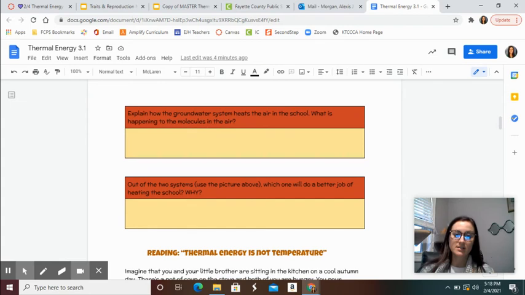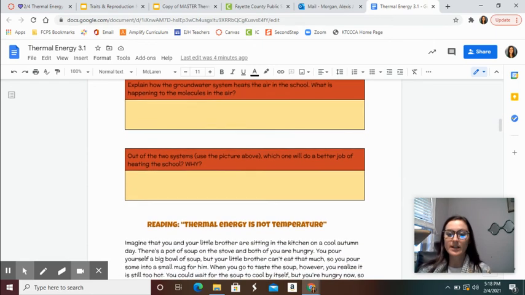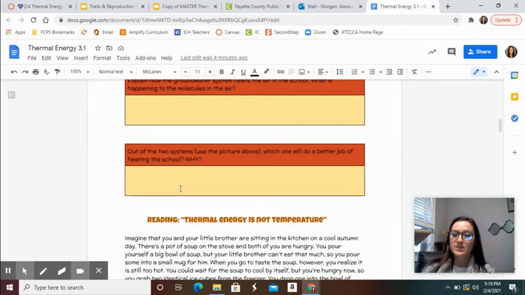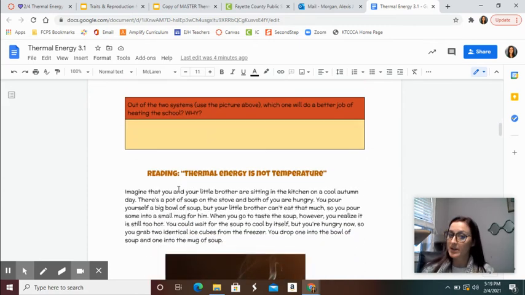There are 2 questions. I want you to explain how the groundwater system is going to heat that air. What is happening to our molecules in the air? And I kind of already gave this away. And then, what is your opinion right now? We've done some more learning. So what's your opinion about which of these 2 heating systems would do a better job of heating the school,